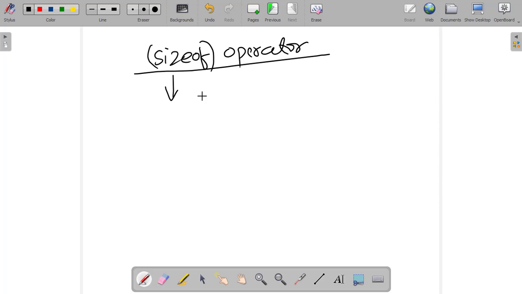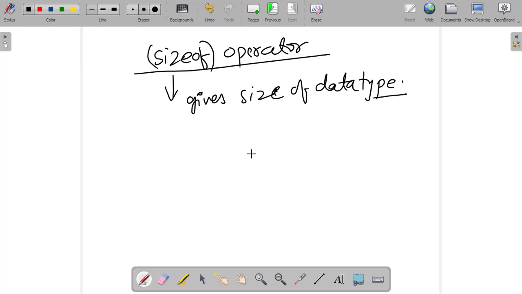It gives the size of the data type which we use, how many bytes it is going to take. Please remember, in the previous videos I explained that int takes 2 bytes, double takes 4 bytes, and so on.